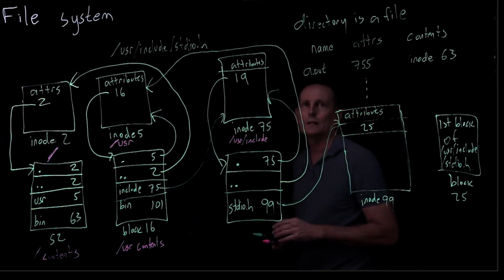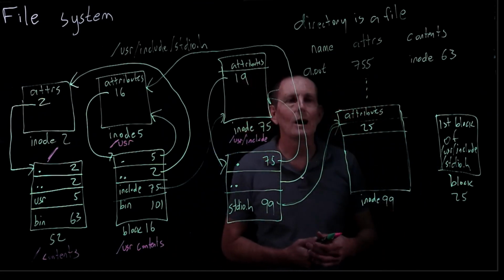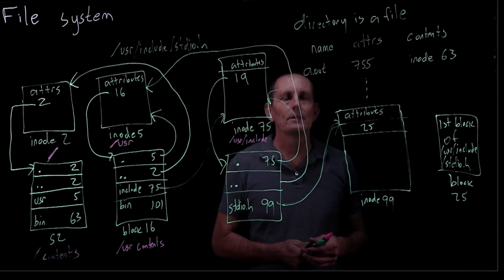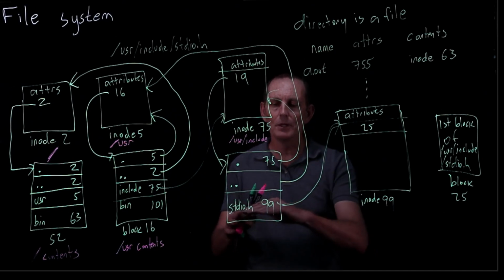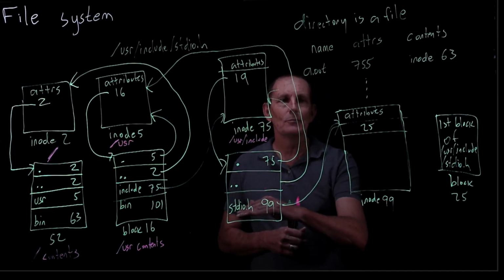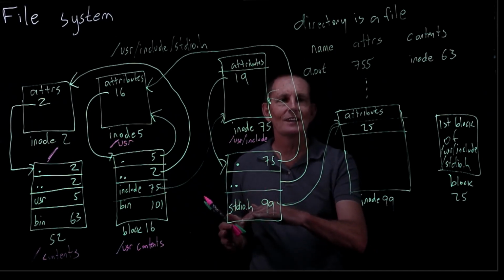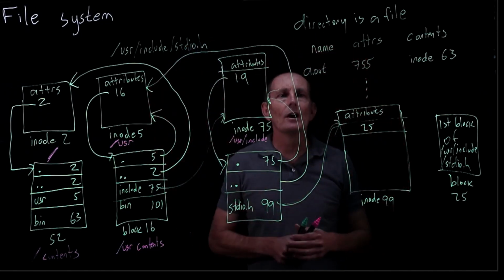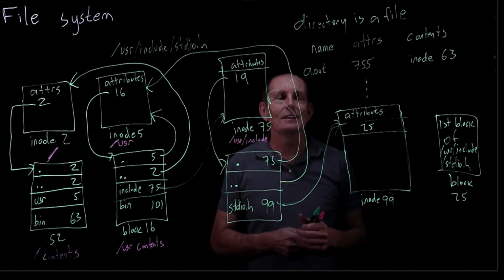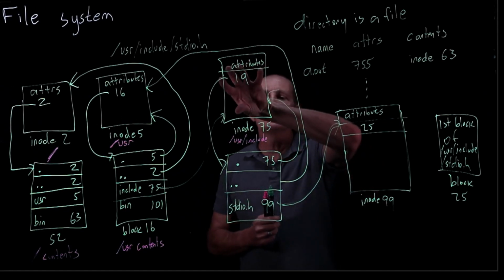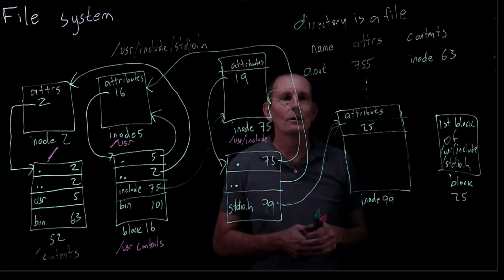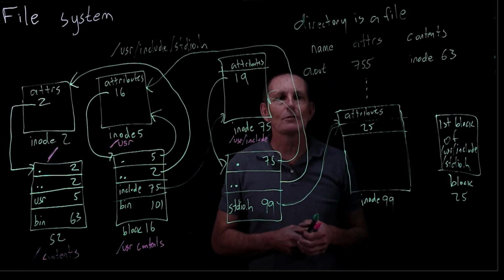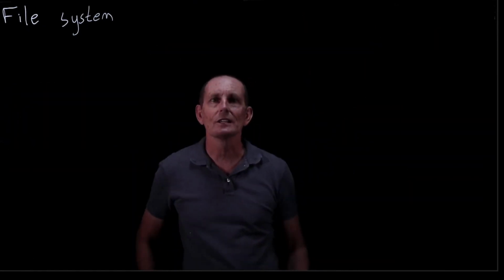So this is how directories are organized with respect to inodes in Unix. And so the way to have multiple links is just to have multiple references in particular directories. So either in different directories or in the same directory with different names that point to the same inode. And the number of pointers to the inode is the link count in the inode. When the link count goes to 0, then the inode can be removed, as can all of the blocks that it refers to.